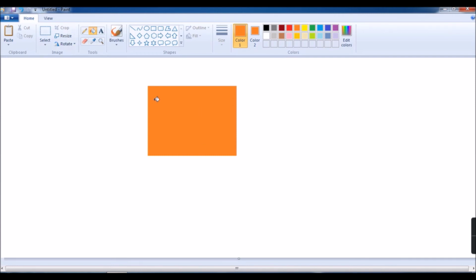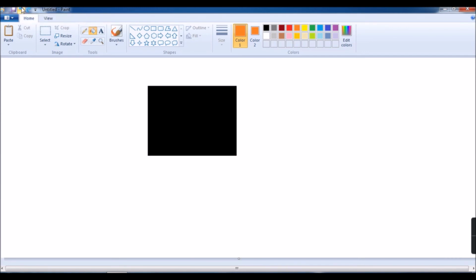And if we don't want that black color which we have filled, how do we go back? See, click on the undo button. By mistake we had filled this color, so it comes back. Now if we want to go back one more step, click again,